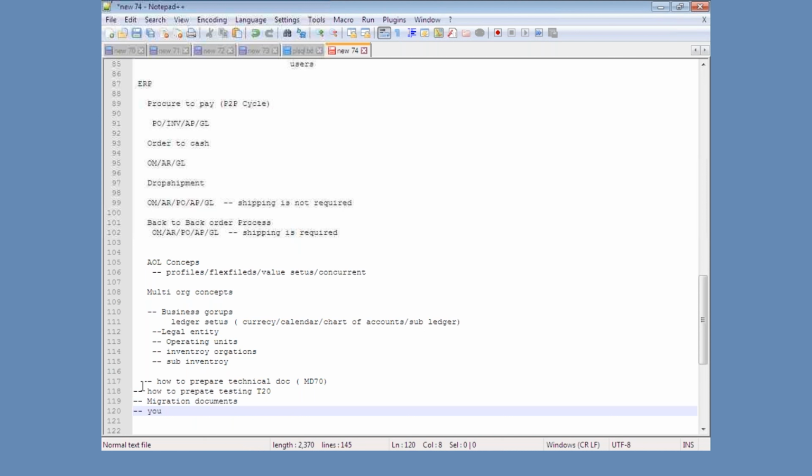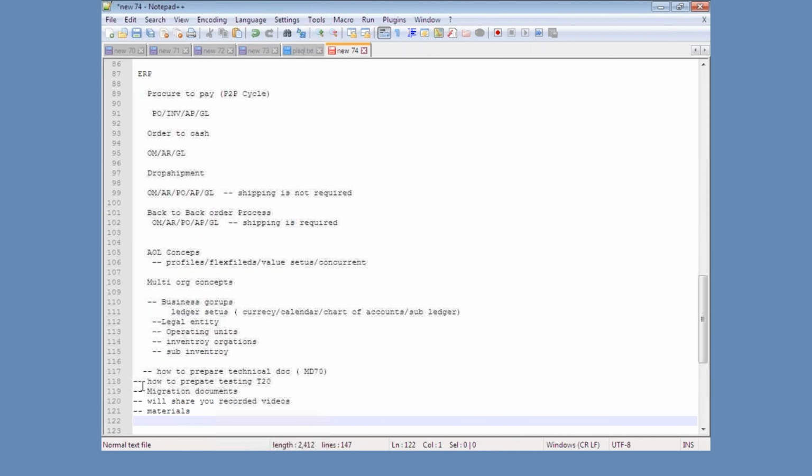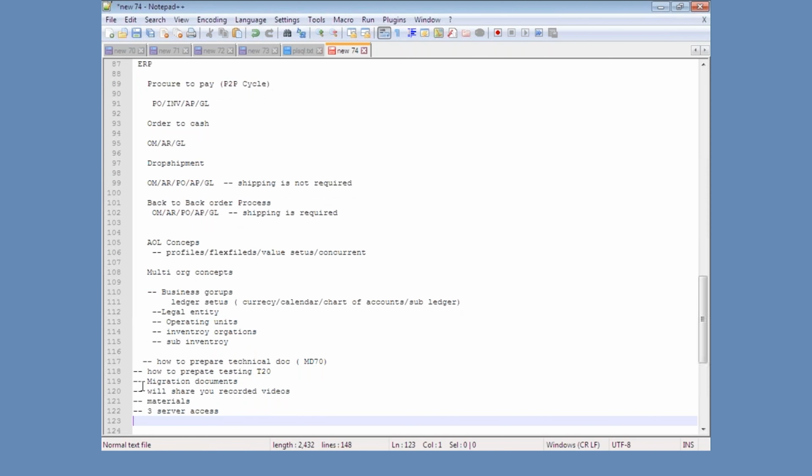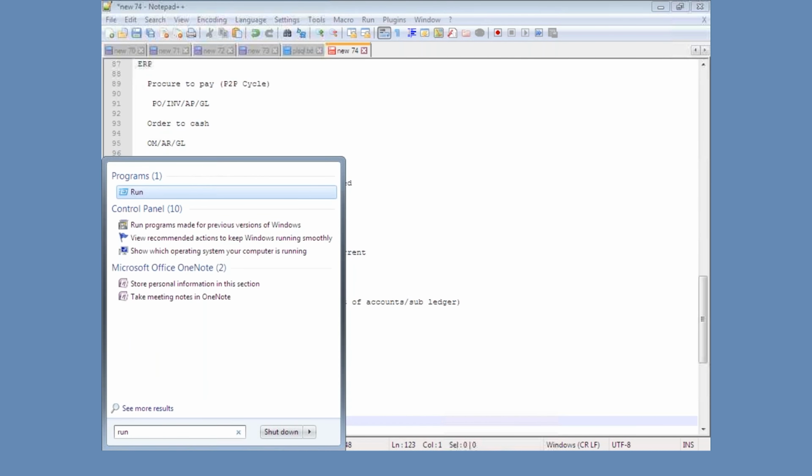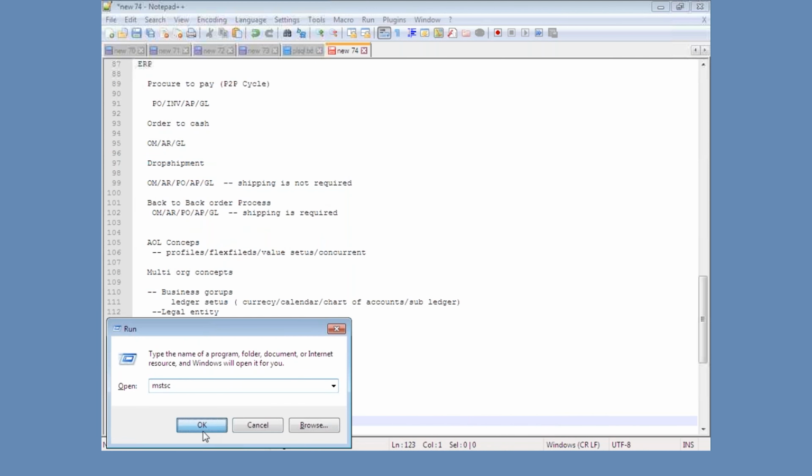And then you are going to get recorded videos every day. Understood? We'll share the recorded videos and then materials. Okay, and then 3 months server access. Okay, see, this server access means you can log in directly into